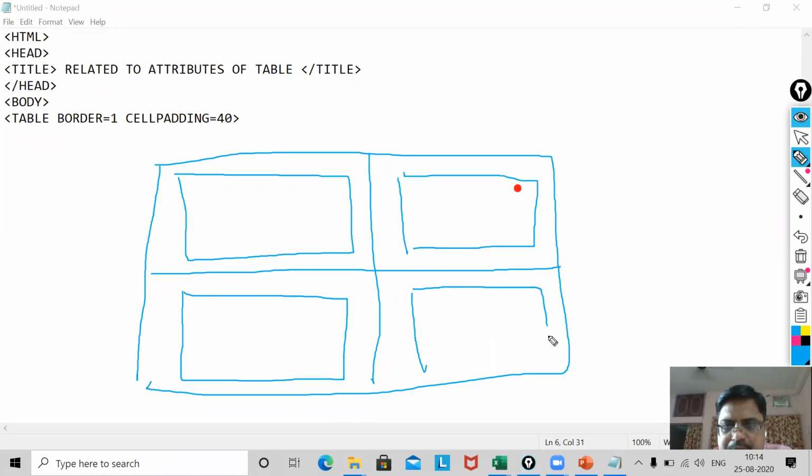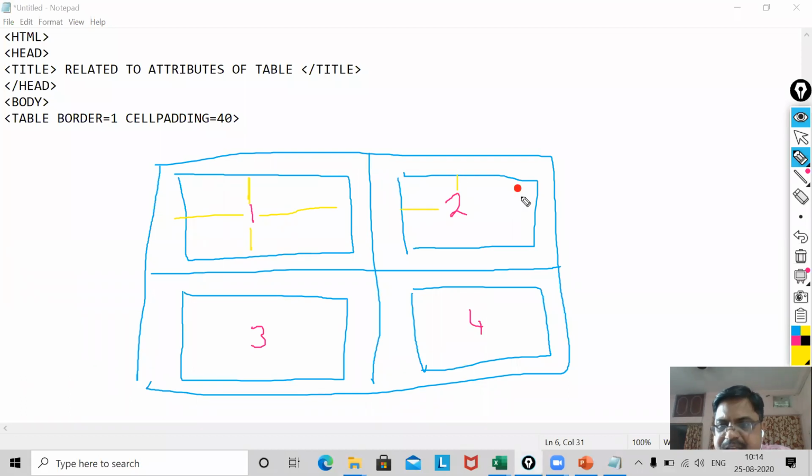Now what is cell padding? See, if I have written the values 1, 2, 3, 4, and I want to specify the distance between the cell value and the border of the cell, that distance should be equal, my dear.